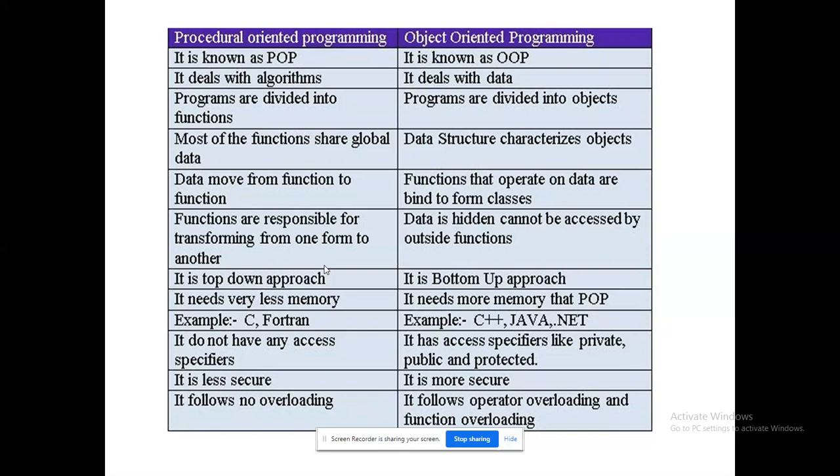And we have some examples: C and Fortran. While coming to object-oriented programming, C++, Java, and the .NET framework. C++ could not be a pure object-oriented programming language, because they still use pointers. That's the reason. And in procedural programming there is no classification of accessing the content; all the contents are available in the same program. Privileges can be available in object-oriented programming. We will see that in detail. We already talked about the feature of security in the previous slide itself.